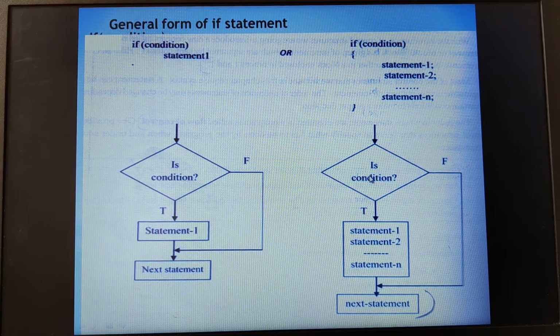Now let us understand the flow chart, how it is working. So this if condition is being represented in the flow chart by using the symbol that is rhombus. Rhombus is actually used for decision making, and whenever we are representing this if condition in terms of flow chart, instead of writing here if, we have to write it as the condition. If this condition is true, then the true part of the statements will be executed. If the condition is false, automatically the control goes to the next statements. That means these statements will be skipped and then execution will continue from the next statement.